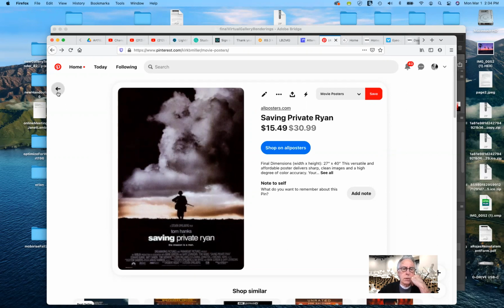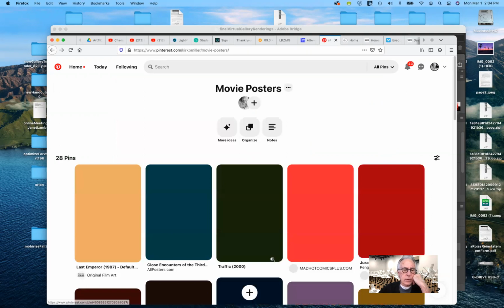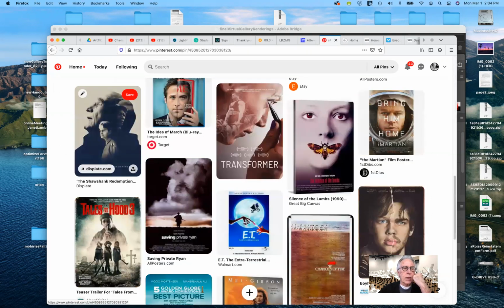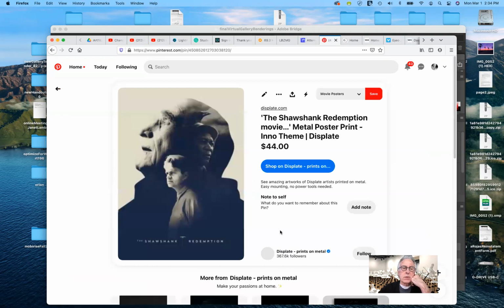Okie doke. I hope you're getting a sense of where I'm going with these. This is another nice one too, the Shawshank Redemption. Again, I don't know that this one was ever actually used, but it's a good use of taking a single image and adding other elements to it. So you have three images rolled into one, and neither one of these really dominates. You see it as a whole, as a single image.